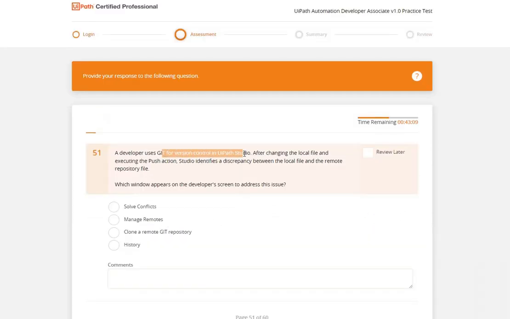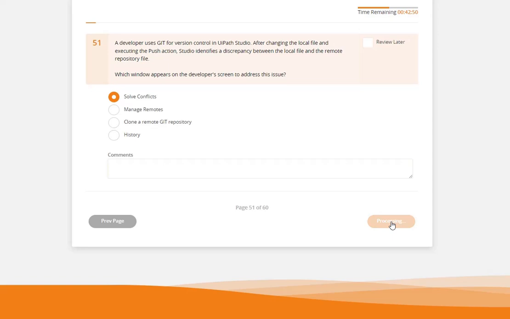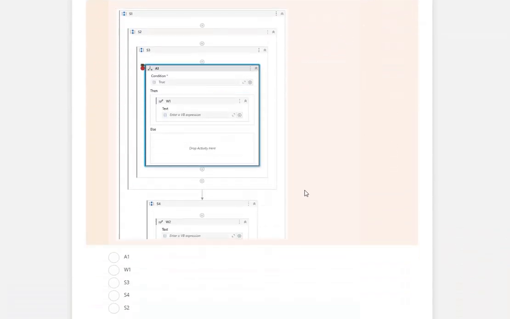Developer uses Git version control, UiPath Studio. After changing the local file, execution push button, Studio identifies a discrepancy. Okay, local file and remote file. Basically, it's a conflict between the local file and remote file. So solve conflict, manage remotes, clone. The first, solve conflict, is the right answer. Okay, again it's a pictorial